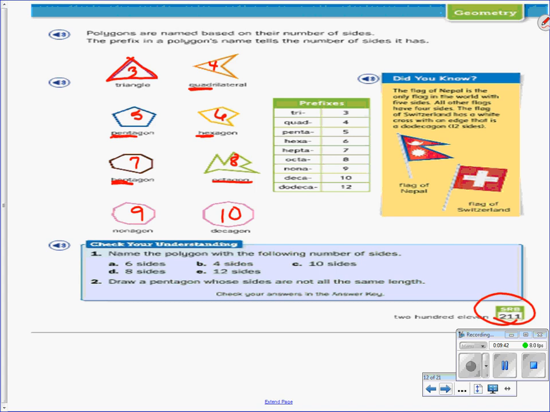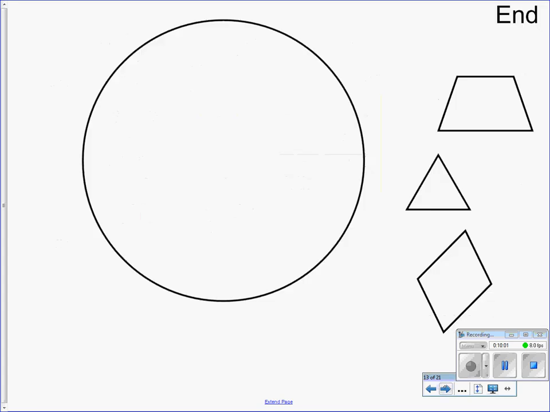Okay, all are quadrilateral, or not quadrilaterals, I'm sorry, all are polygons. Depending on the prefix here, tells you how many sides your polygon has. Okay, so you can always turn to that page in your resource book if you have any questions, page 211. All right,